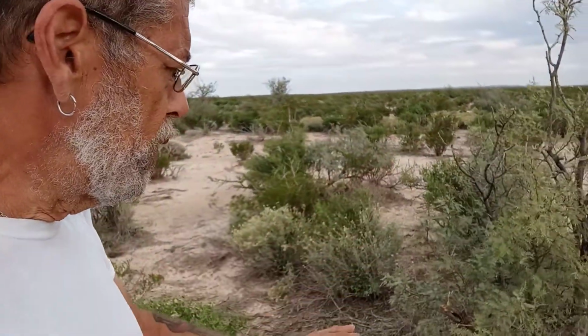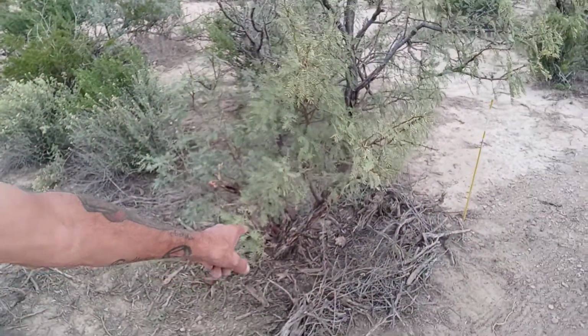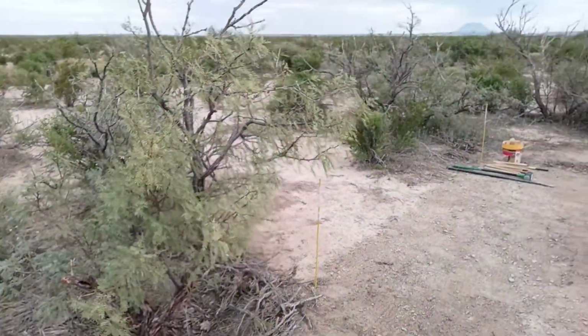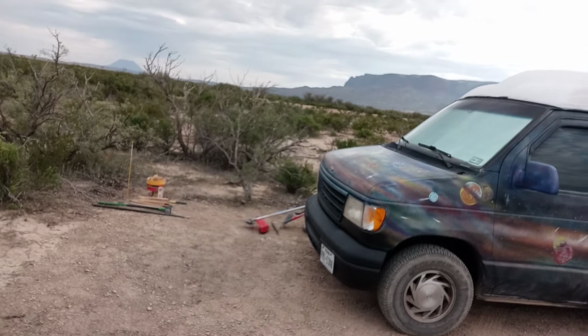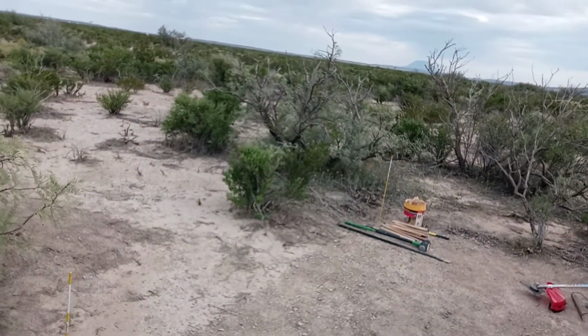This is one of the mesquite. The dead branches die easier, but when you start getting down lower, this is a mesquite. When you start getting down lower, it's hard. So as you see where she's facing, I'm going to make a road